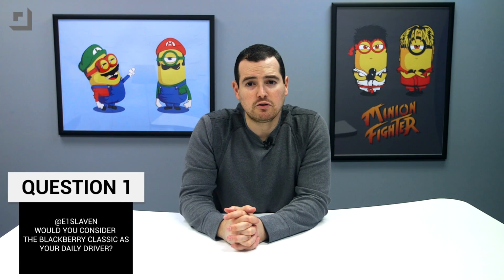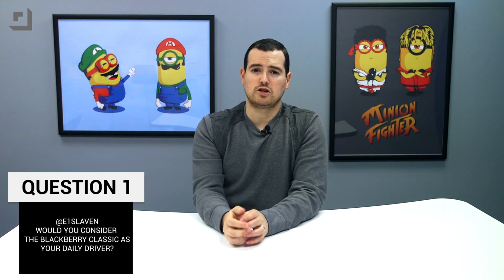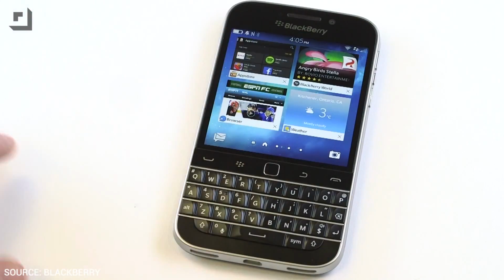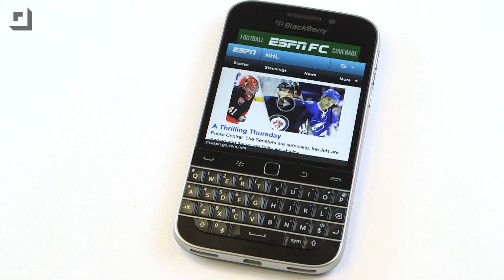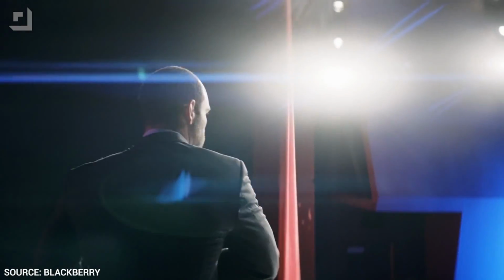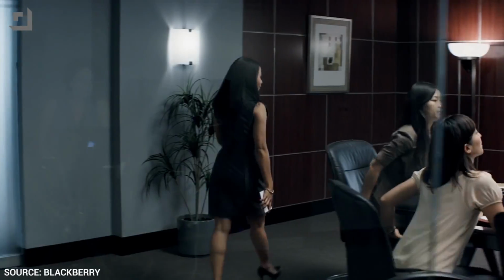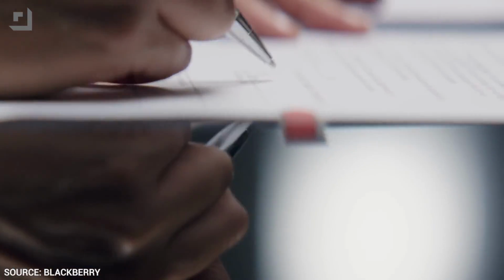First question comes from Twitter at E1Slave and asks, would you consider the BlackBerry Classic as your daily driver? The answer to that question is no, but not for the reason that you think. I would definitely choose the BlackBerry Passport as a daily driver. The Classic though, the 3.4-inch screen is just a little too small for my taste, and the 720 by 720 is a little bit on the low resolution side. Now, having said that, the larger screen Passport with a 4.5-inch screen and 1440 by 1440, I would totally use